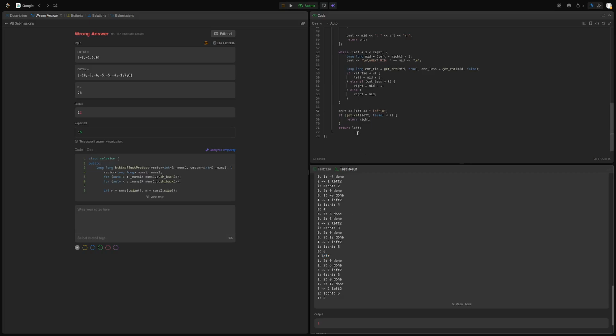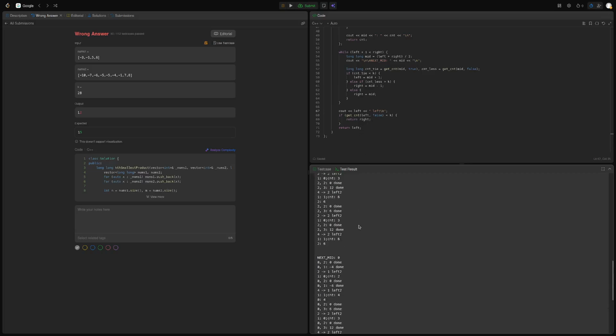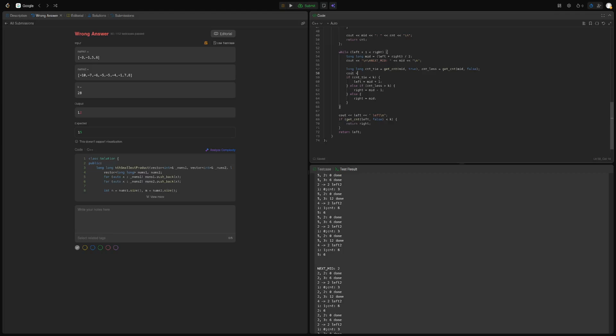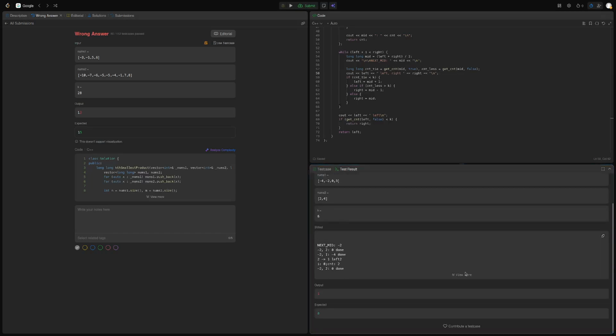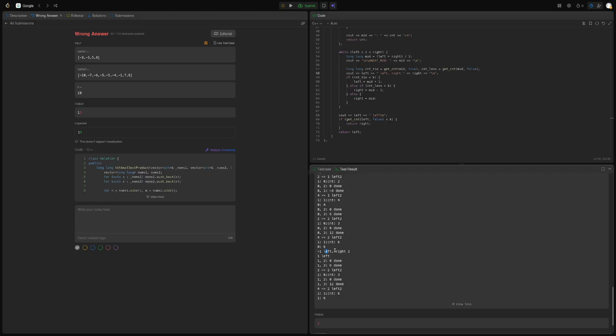So left is what? How is left 1, dude? Because 0 has 4 and 6 and I'm interested in this, so at the end, left is -1, right is this, so mid should be